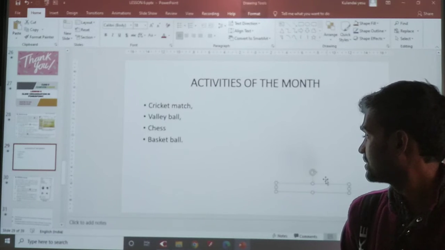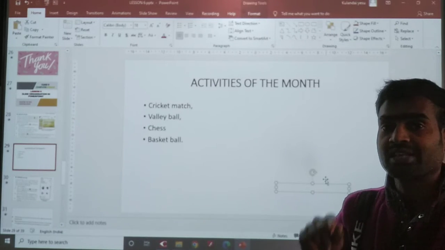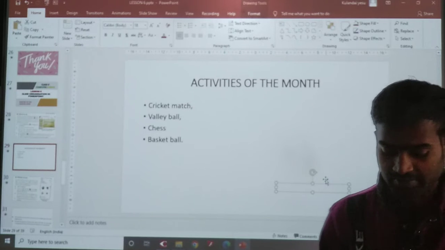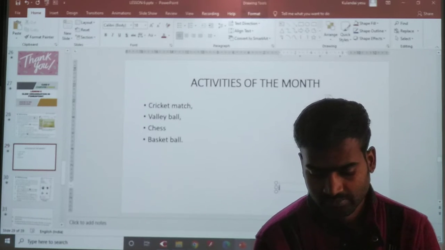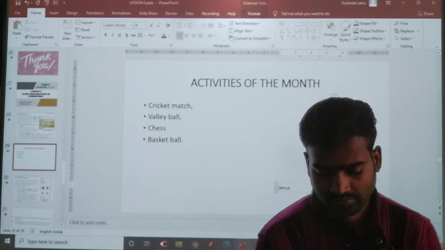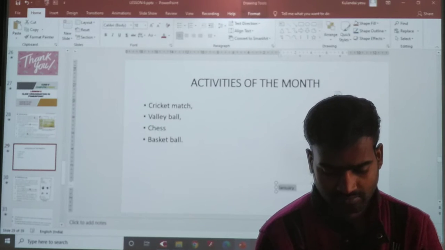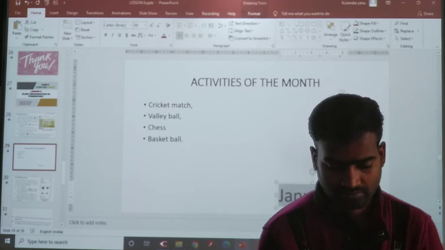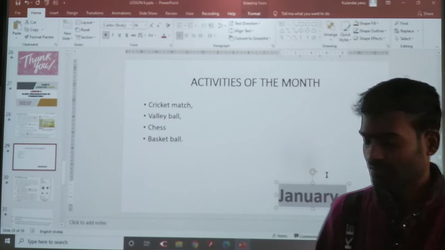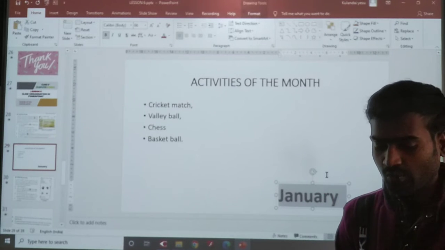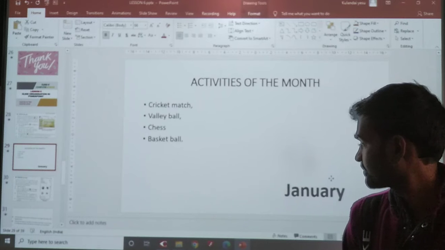See now, a small placeholder appears. Now you can type January. So now wherever we need, we can move it.